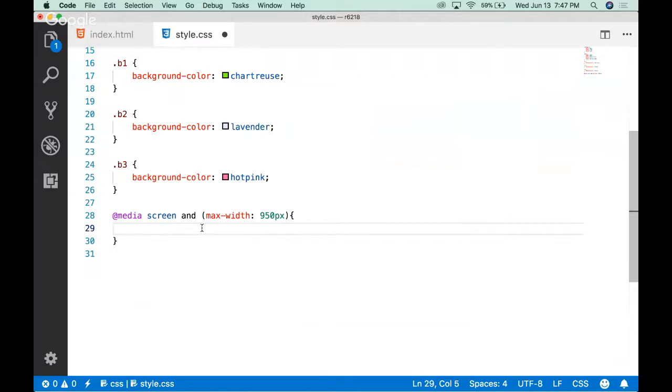So anything below 950 pixels, this should apply to. 950 pixels or less. So exceeds it, is that inclusive? Then, yeah. All right, so what we'll do, and then we can just put any CSS rules in here we want. So I'm going to target